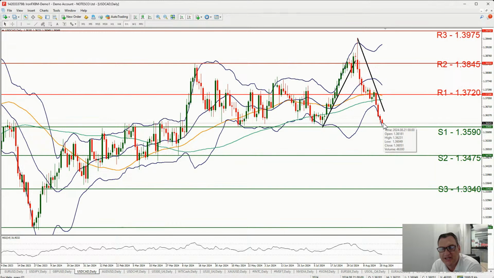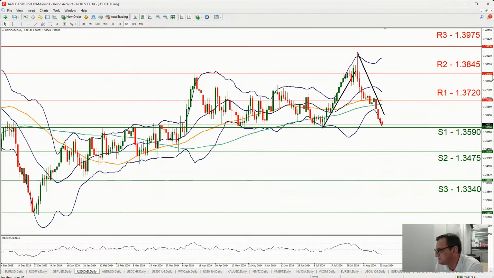Now, loonie traders may be keeping an eye out today for Canada's PPI rates for July. A possible slowdown could clip the bearish movement of USD CAD somewhat. So that would be an interesting release. But once again, the main release for USD CAD at this point would be the release of the Fed's meeting minutes for July.